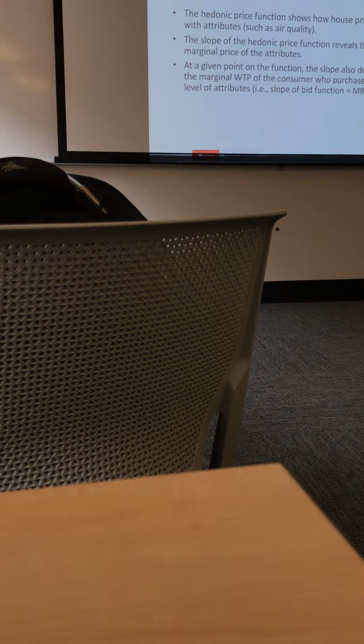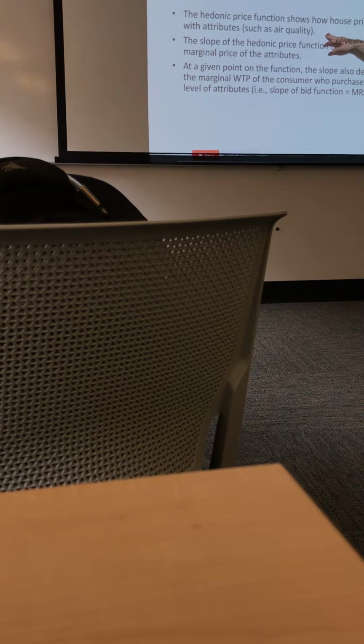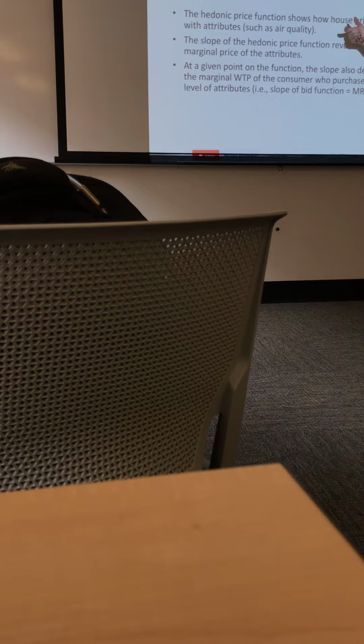In a minute now, I'm going to show you some examples of easy models, like the ones you're going to run, so that you have a sense of how these things work in practice. Okay. So to summarize it all, the hedonic price function is going to show us how the house price is going to vary with the attributes. And you have to use multiple regression, multivariate regression, to control for some things while you're trying to back out the value of other things. And unfortunately, usually what we're dealing with is a trade-off between putting in too many variables in the regression. And if you have too many variables that all look the same in a regression, what problem is that?